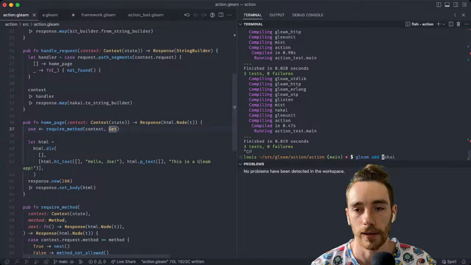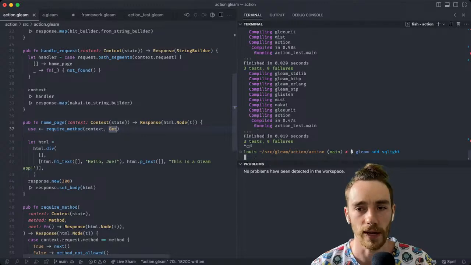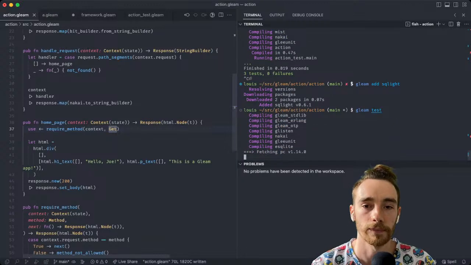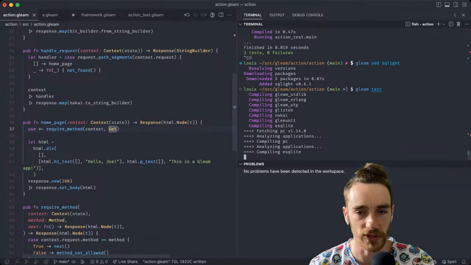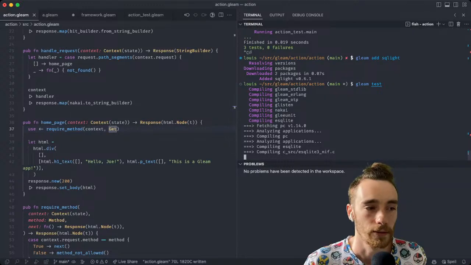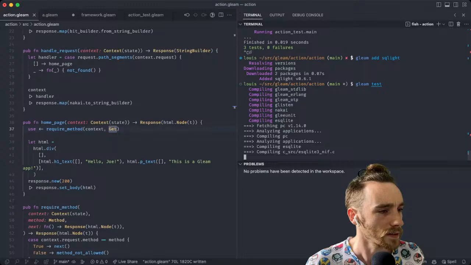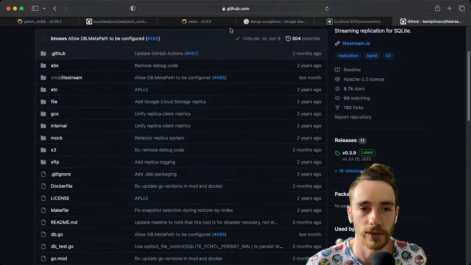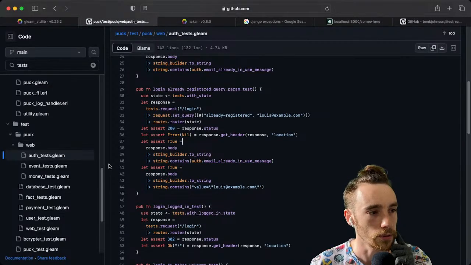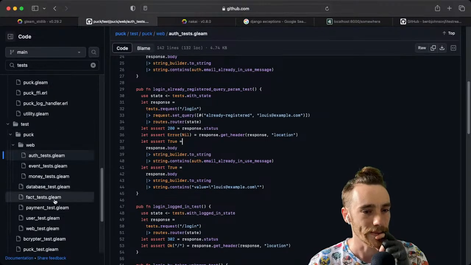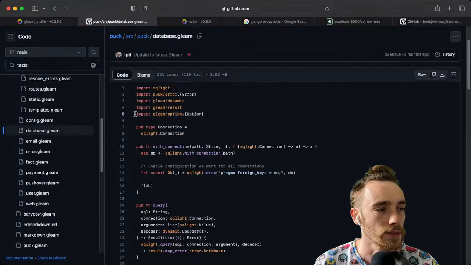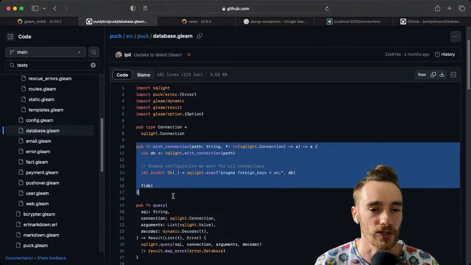Gleam add. What did I call the library I made? SQLite. Let's compile that. It's going to take a little while because it's got a bunch of C code in it. I think I have an example application that has SQLite in here somewhere. This one. Database. Yeah, so I've got this with connection function that just